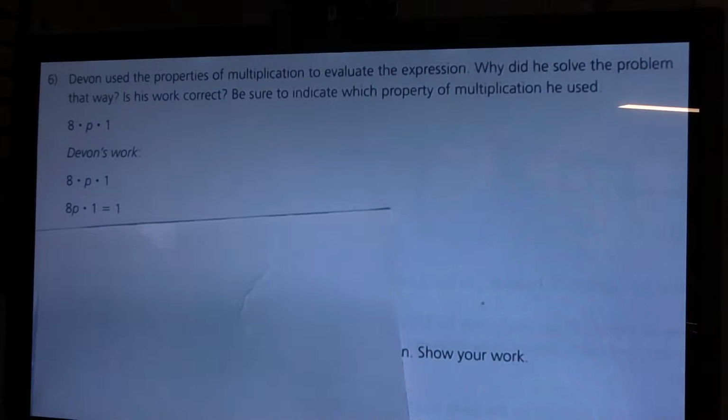Okay, here we have an item from my students' work last night they were supposed to work on, and they said they had some trouble with this item, so I'm going to go ahead and demonstrate how they can solve it. What we're doing here is we're working on demonstrating what properties of multiplication we're going to use to solve